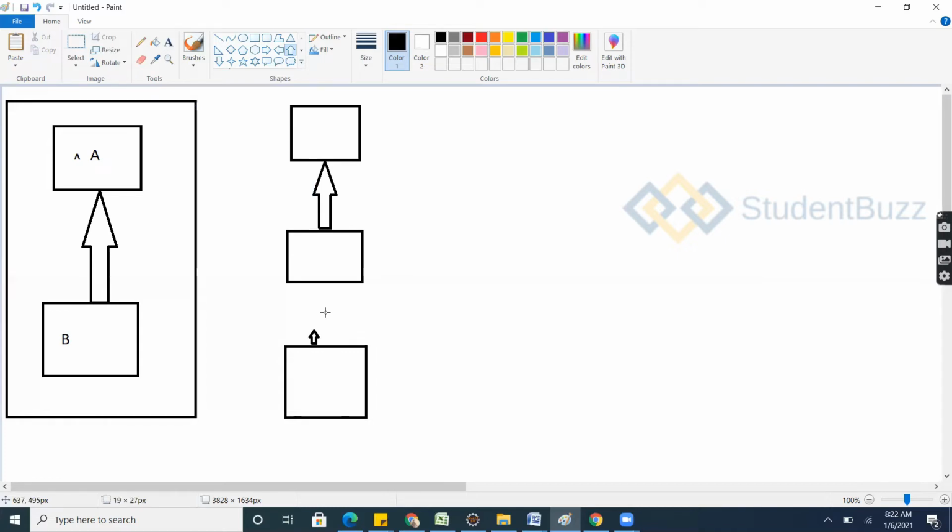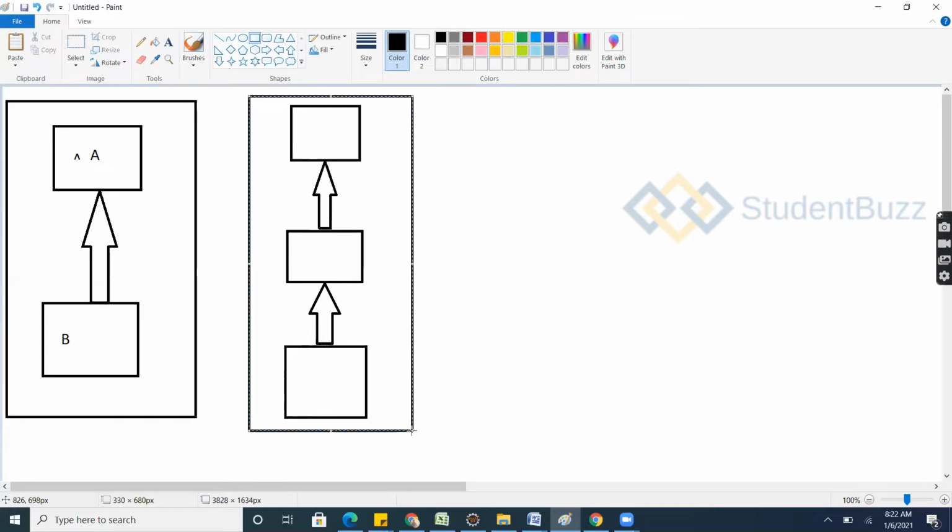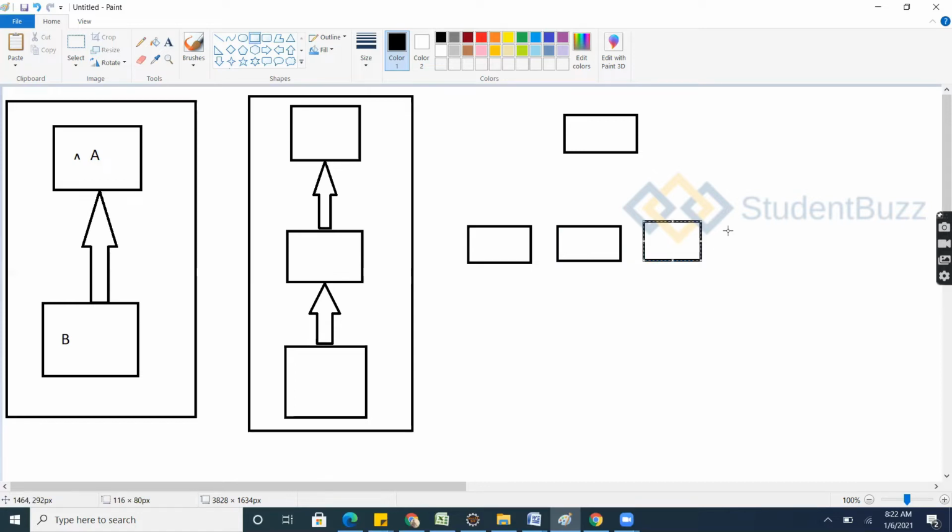This family is having three people. This family is having two people only. Let's take another family. This family will have four people. This family is having four people. And I have another family here.